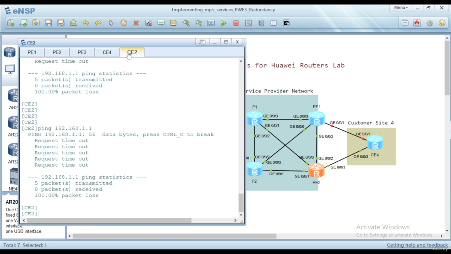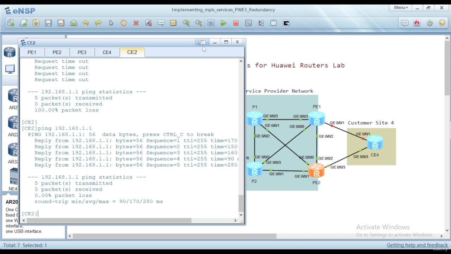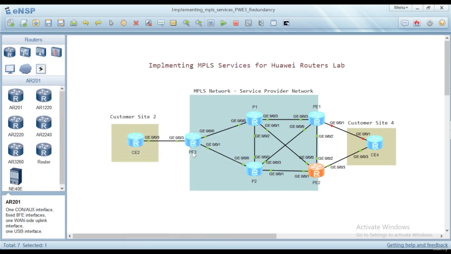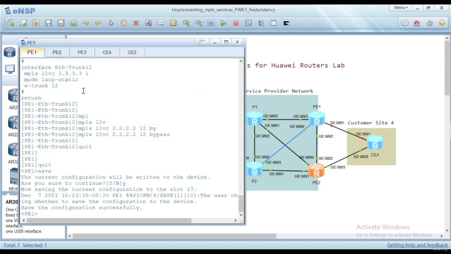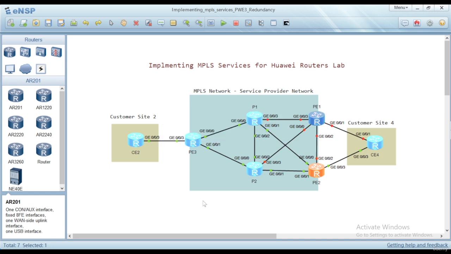Now let's check the IP connectivity again. Now I get a reply because in this case PE3 forwards the traffic to PE1, then PE1 will forward the traffic in the bypass VC to PE2, then PE2 to CE4. We saved the configuration for PE1. Let's shut down the PE1 device